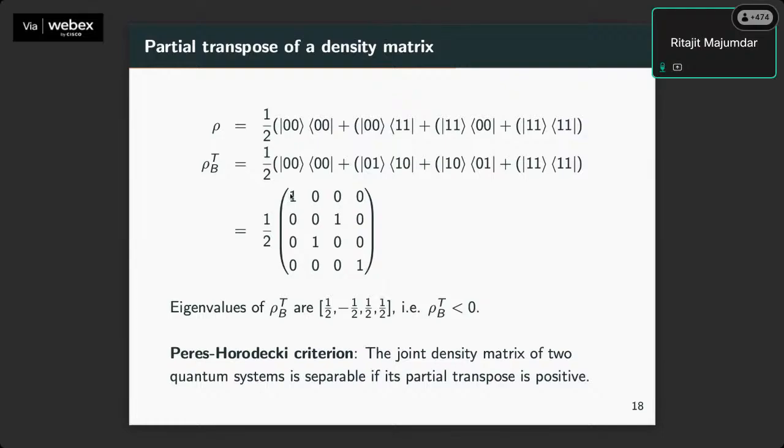You can kind of understand that this is not really an entangled state, because we end up having 0, 0, 0, 1, 1, 0, 1, 1, all of them. Actually, we had only 0, 0 and 1, 1. Now we have all of them in some sense. There is a criterion that if the joint density matrix is separable, then its partial transpose is positive. But anyway,